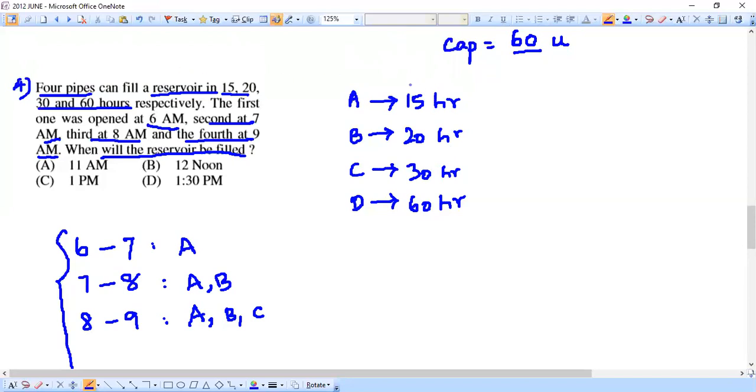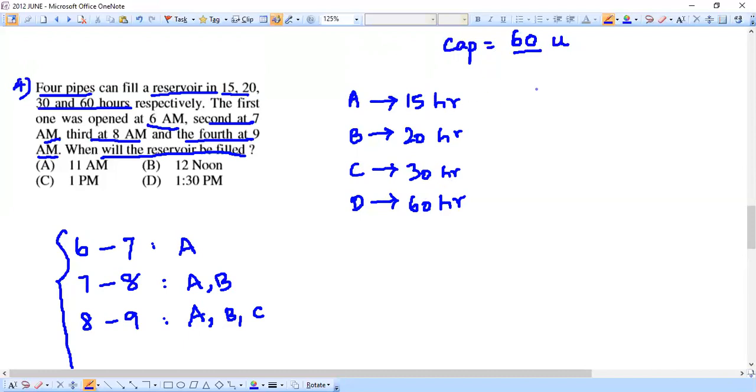Now you may wonder, what happens if the largest number is not divisible? At that time we'll have to do some different kind of calculation, and when it comes, we can surely do it. As of now, for this problem, our task has ended very easily. The 60 itself is divisible by all the other numbers. So let's work with 60 itself.